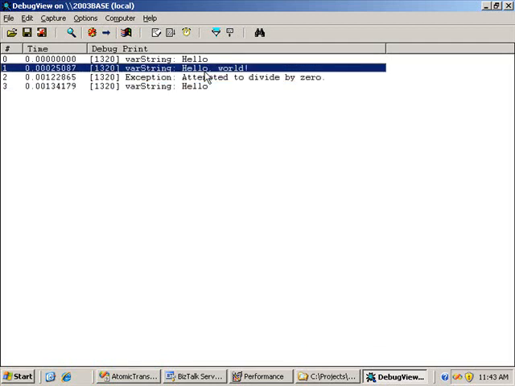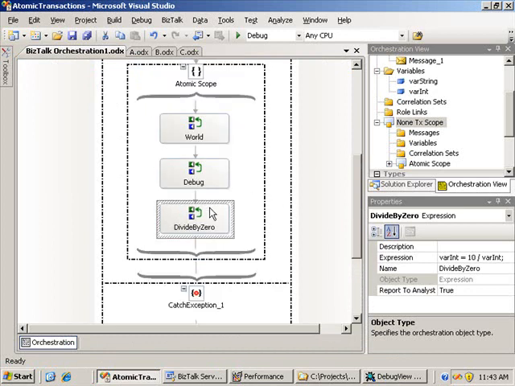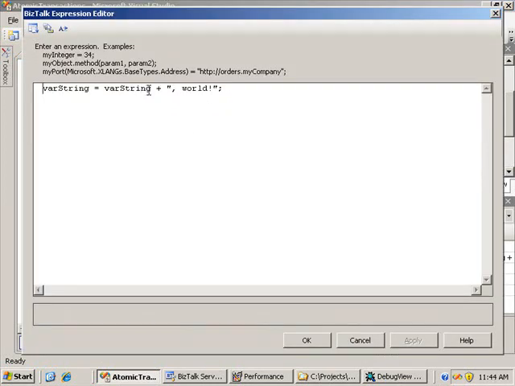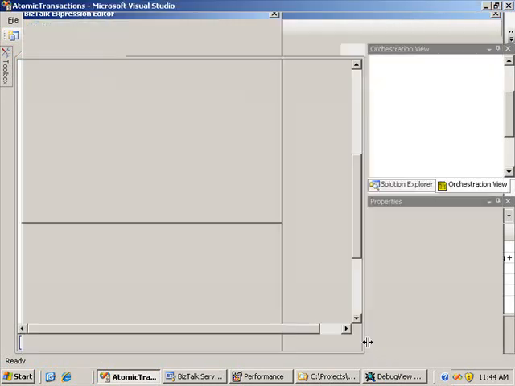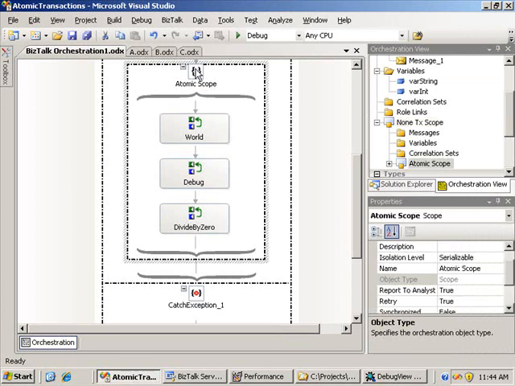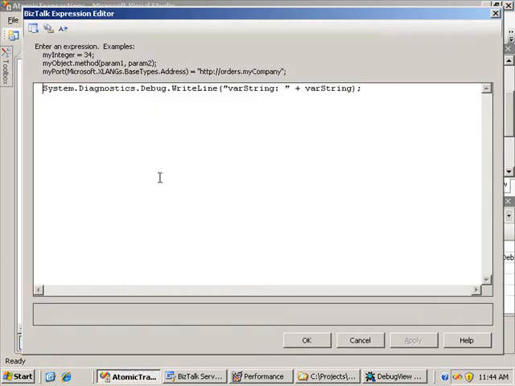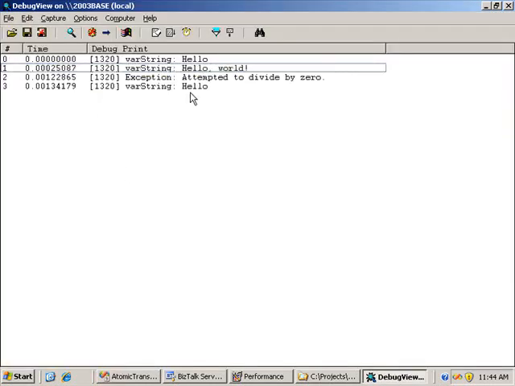Now this is an important thing about what happens to orchestration variables in atomic scopes, because something has gone wrong in my atomic transaction here when I divided by zero. One of the things I did in my atomic transaction here was to add the value of world to the actual string here. But because this has failed, the rule is, if we can't do everything within this atomic scope, then we're going to roll back and forget all the changes that we've made. Because this failed, we're actually rolling back the value of my var string, so it has its original value when it went into this atomic scope shape. And that's why, when we get down here, the actual value of that string is just equal to hello,